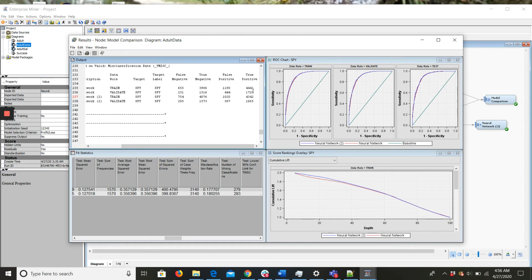The true positive, which means the people who have earned more than 50K and the model has predicted them to earn more than 50K, is better for my first model in comparison to the second model. However, the true negative rate has been higher in the second model. Again, the false negative, which is supposed to be lesser for a good model, is better for my first model.